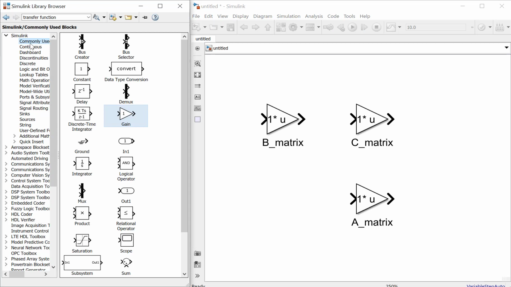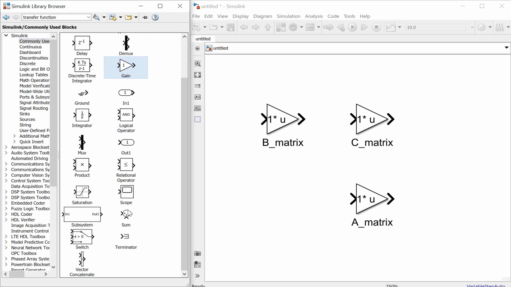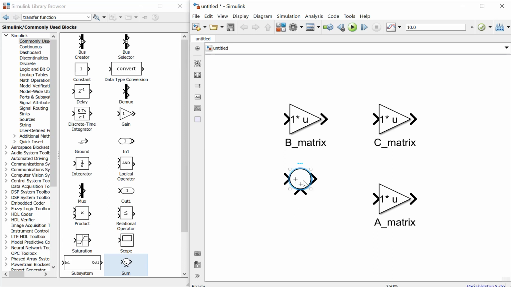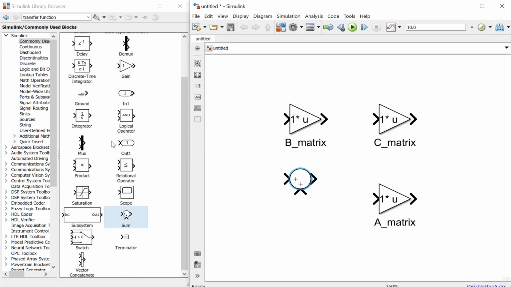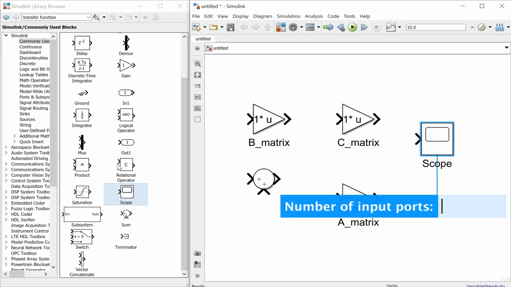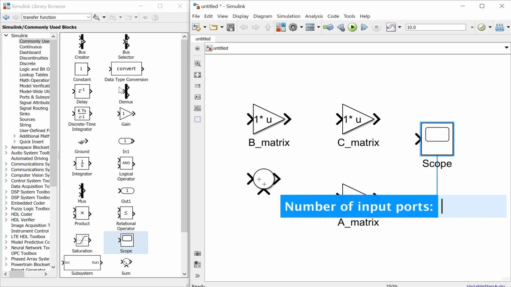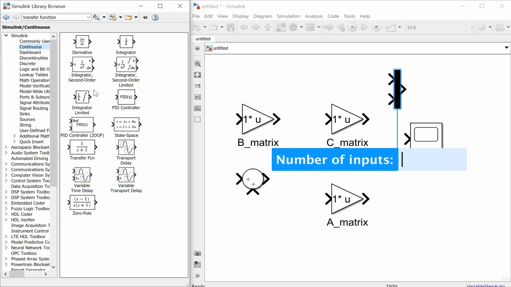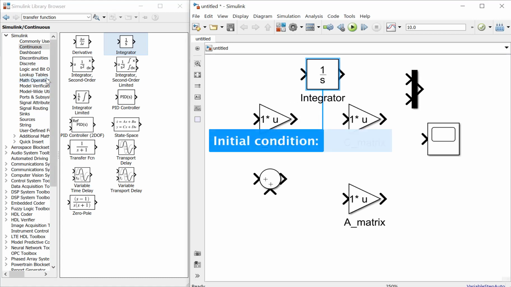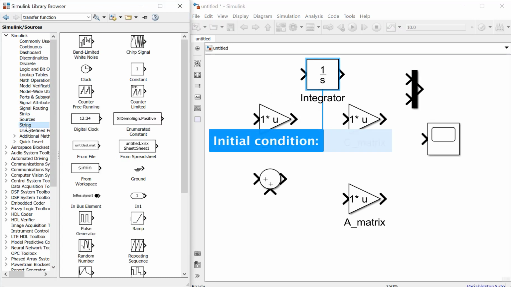Okay, then we need to add the other blocks. It is the sum block here, and then we need the scope, and then we need the mux here, and then we need the integrator, and then we need to add a constant here.